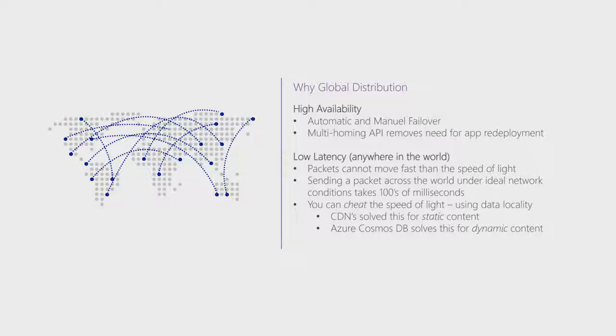And basically, packets, when you replicate data from one part of the world to another part of the world, no one has solved how to actually send information faster than the speed of light. At least, if you figure this out, I mean, you deserve a Nobel Prize. But just because we can't ship packets faster than the speed of light, we can still cheat the speed of light. The way we cheat the speed of light is we exploit data locality and bring data closer to where